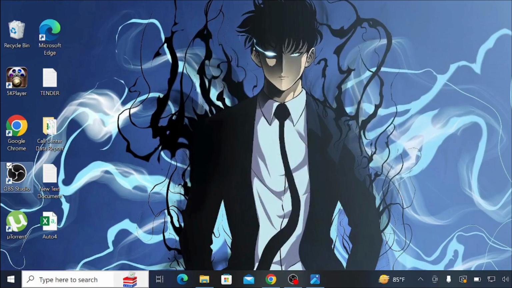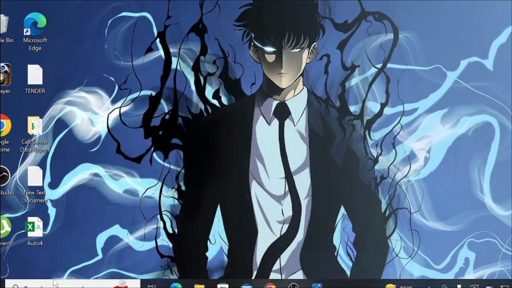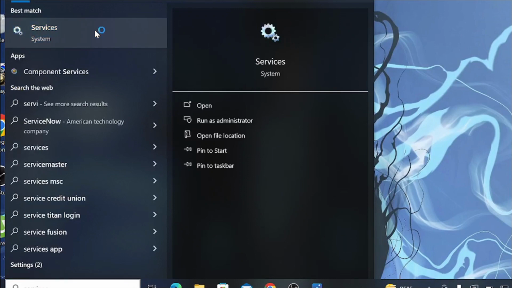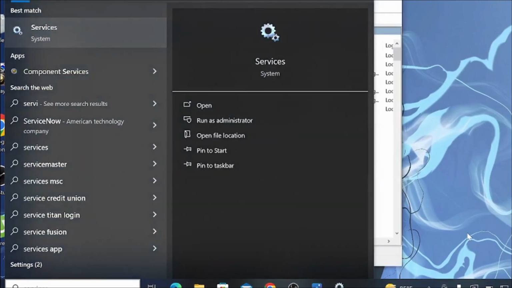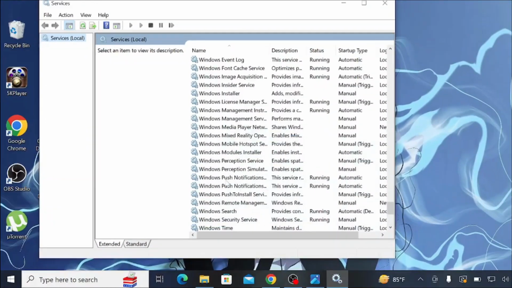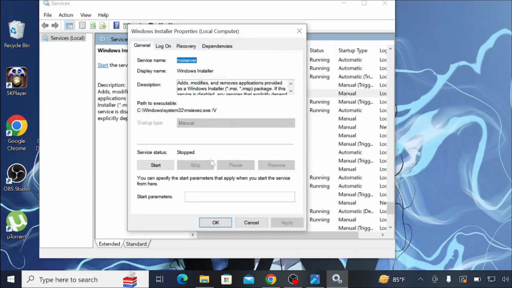And if this method still has not solved your problem, the third method is go to your search option again and here click Services, double click it to open, and go all the way down, and after that find this Windows Installer option and double click it to open and select, if it's running, select Stop and then click Apply and then click OK, and then your problem will